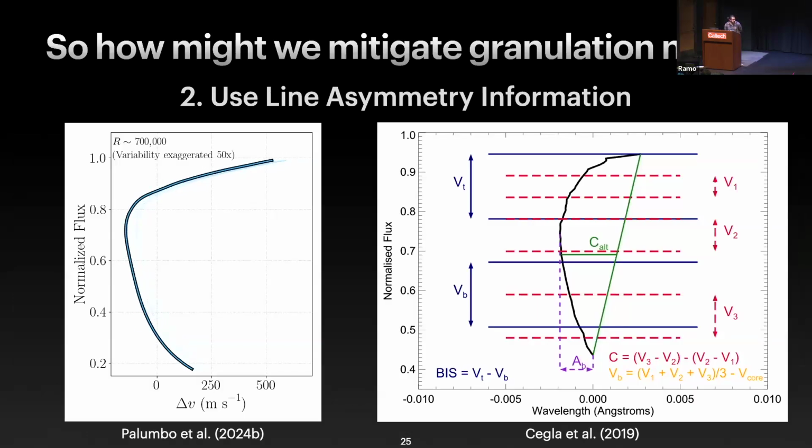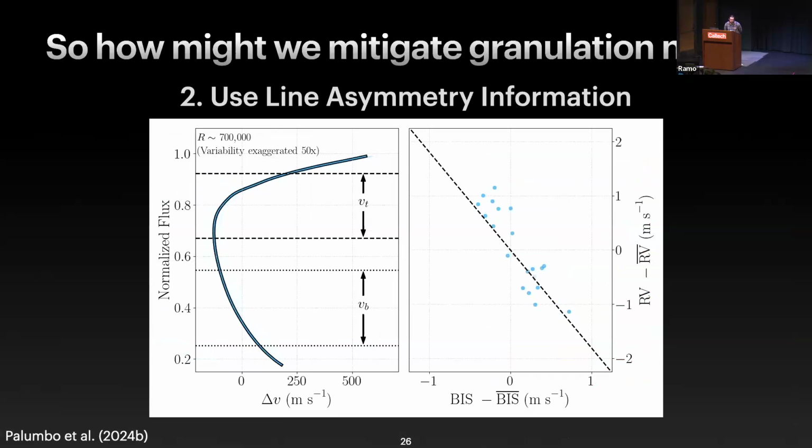We can also use line asymmetry information. And so things like the bisector inverse slope or bisector curvature have been long used to diagnose global magnetic activity. That is the change in shape of a line you would have from a spot, like Rachel talked about earlier. It turns out we can also use these to diagnose granulation just at a much more precise level. So here we're looking at the variability of a bisector exaggerated 50 times, and we can measure something like a bisector curvature for this. And we can see that it's actually quite nicely correlated with the anomalous RV that we